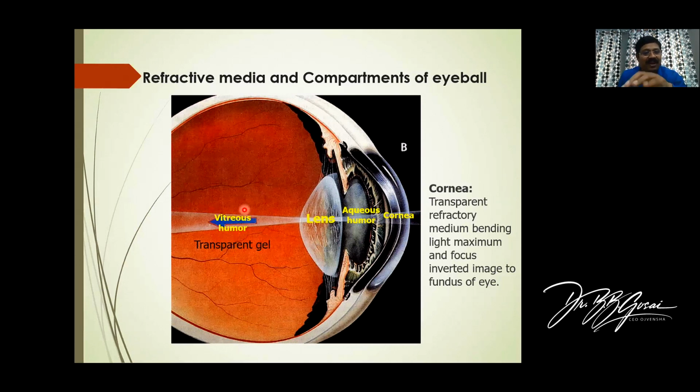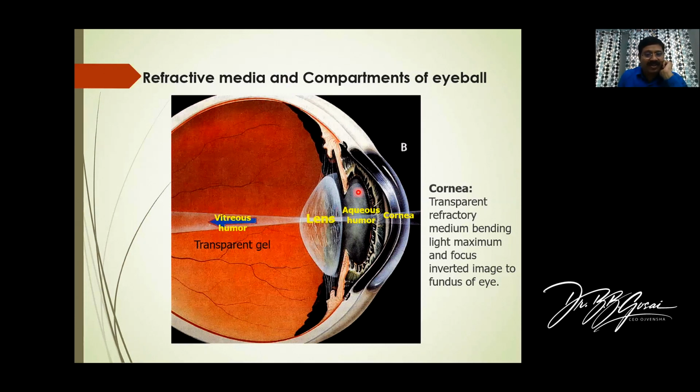Otherwise, as far as the refractive index, it does not contribute to the magnification of light anywhere. It's just a passage. Okay. So we have cornea, aqueous humor, lens, and the vitreous humor. It's a transparent gel here. So this is what is the different refractive media. Let's understand, because cornea I already explained and vitreous humor I already explained now. Because these two need somewhat explanation, we have two different slides for it.